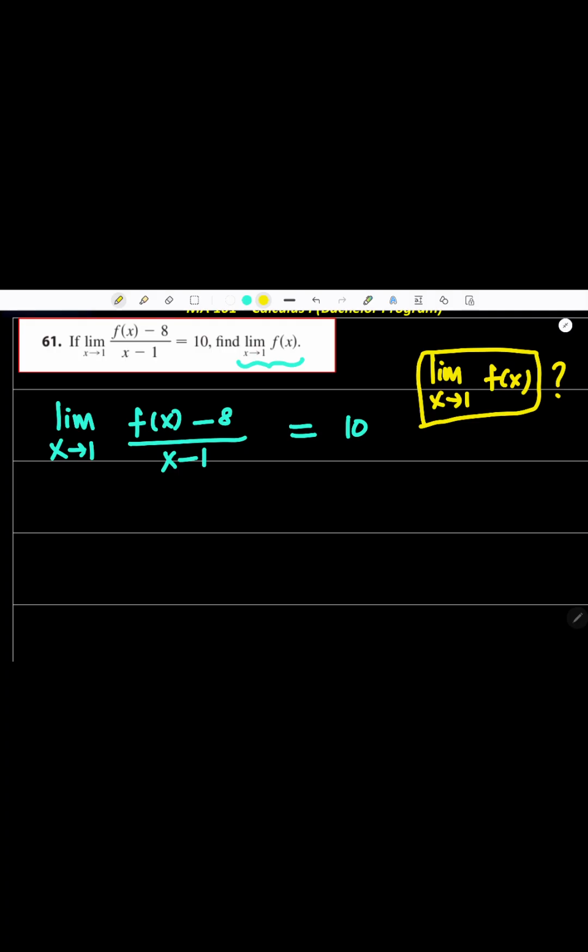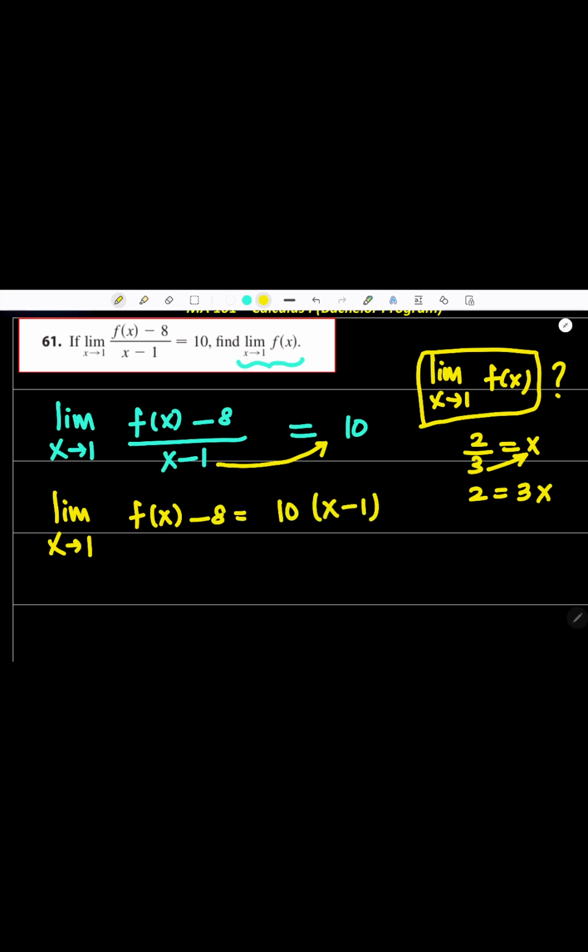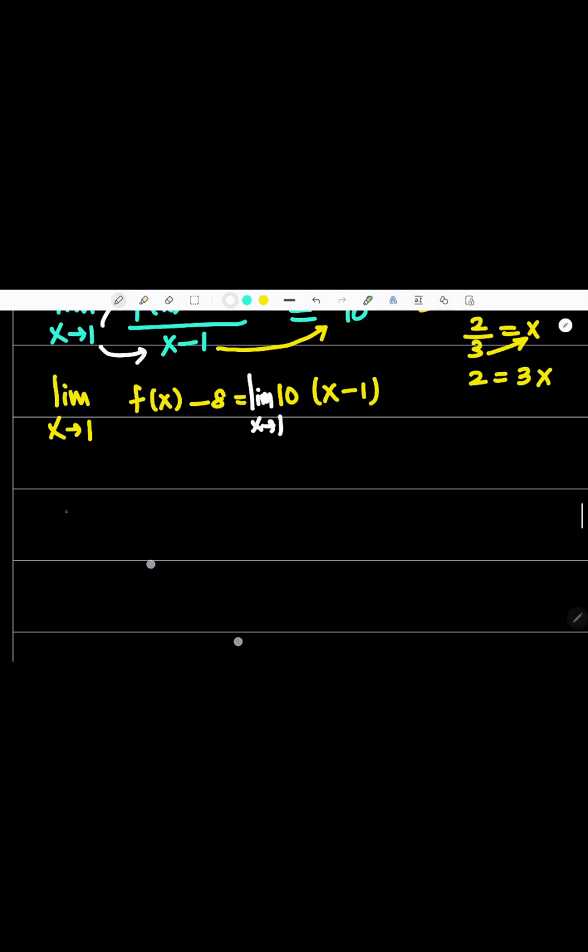Very simple. Let me cross multiply. You know cross multiply. Suppose you have 2 by 3 is equal to x. What do we do? 2 equals 3x, right? In the same manner, the limit as x goes to 1 of f of x minus 8 equals 10 times x minus 1. As I take x, at the same time you have to take the limit also, because this is for him also, the limit. Okay, right. So the limit as x goes to 1 of f of x minus 8 is equal to,